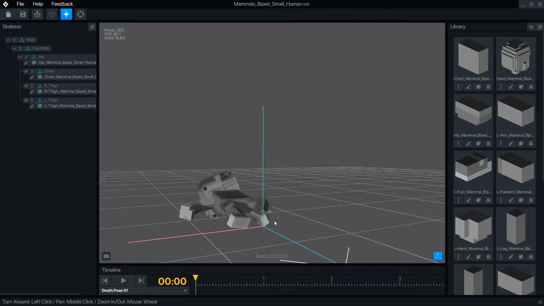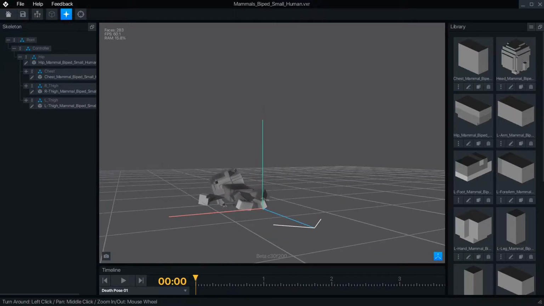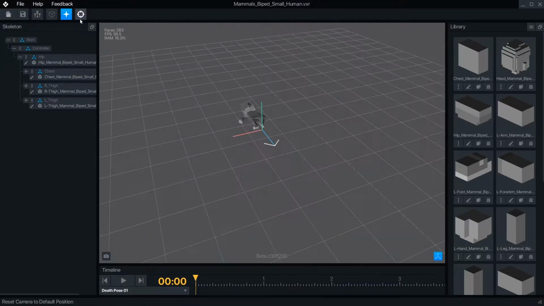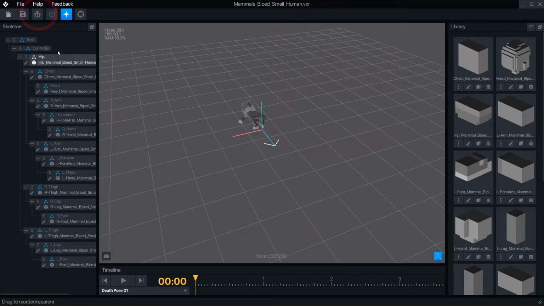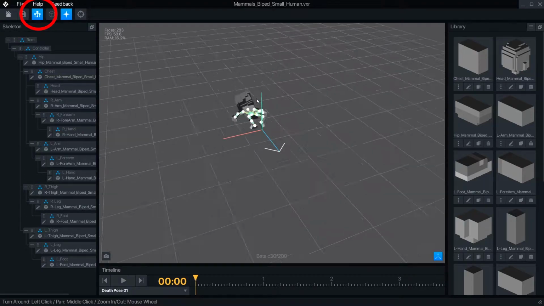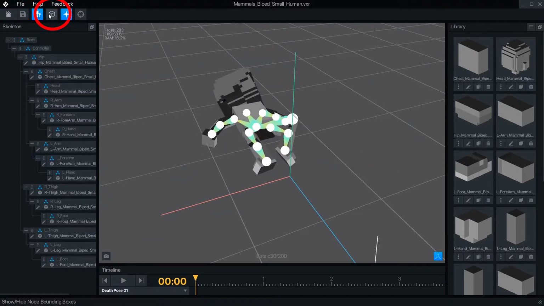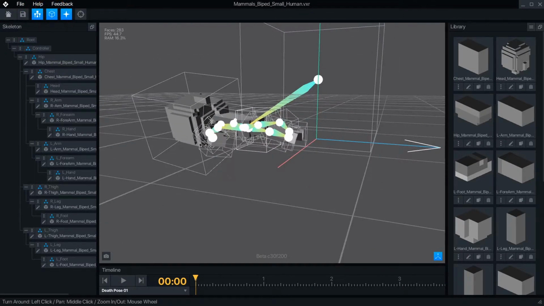Once the files are created, we will be in the template mode of the animator, which removes access to anything that could change the animations or rigging. This is designed to help new users create fun animated assets without being able to break the way the animations work. The skeleton panel on the left shows how the rig is constructed, and you can even show the rig with this button to see it in the 3D view. The bounding box button is helpful to see how objects will be able to collide with your figure.